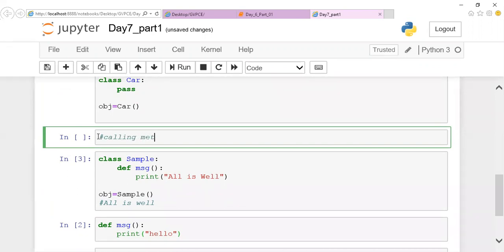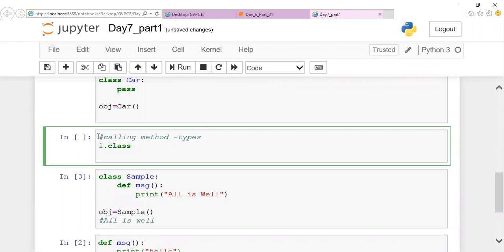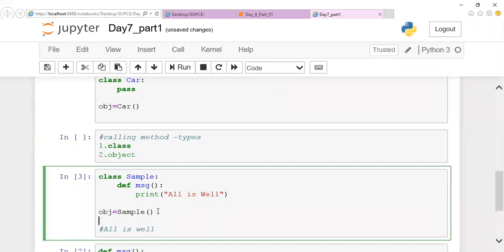Calling method types. First type is calling the method by using class name. By using class name, you can call it. And the second method is by using object. The class name is a generic one where you are not going to mention specifically, but you are going to use object only. First, let me give you the example of class name. Then I'll show you how to execute by using object. So listen here. If I want to call this message, what should I do? I can call by using